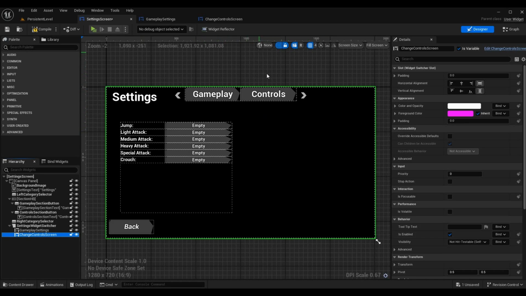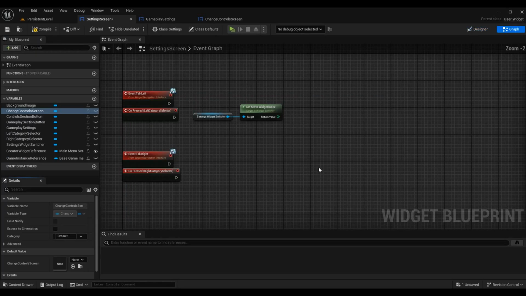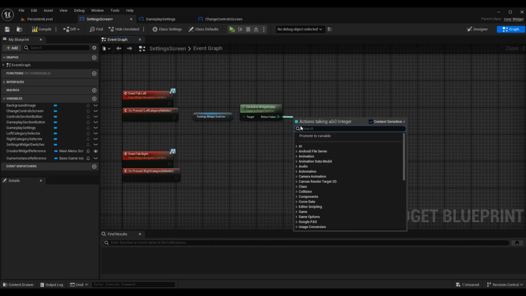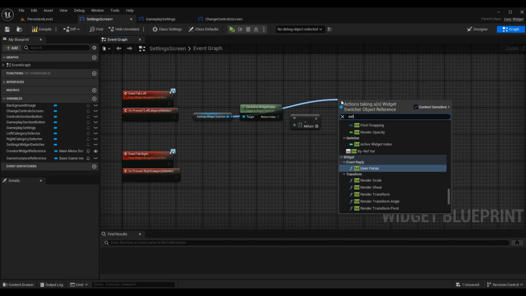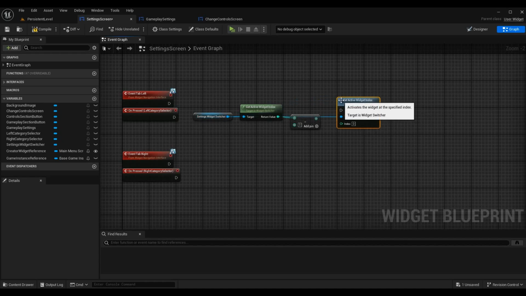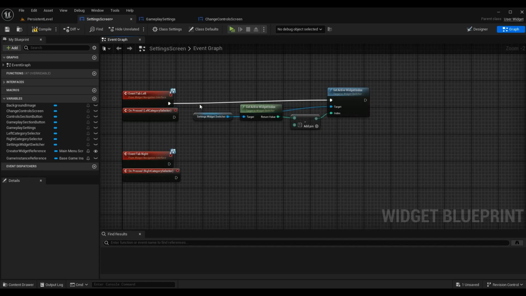But say I had 3 buttons in here, and I was on this button. Pressing tab left should bring me back to index 1. Pressing it again should bring me back to index 0. So if I get the active widget index and subtract 1 from it, very simply, and set the active widget index to that new value, and plug my nodes in here,